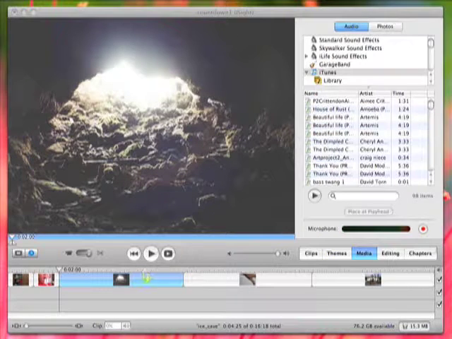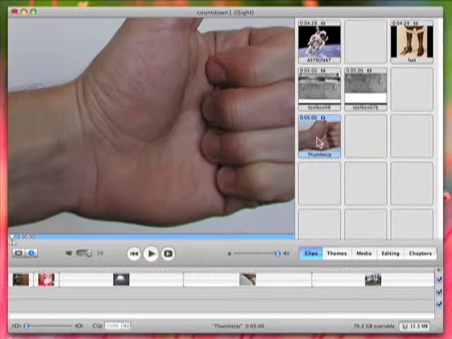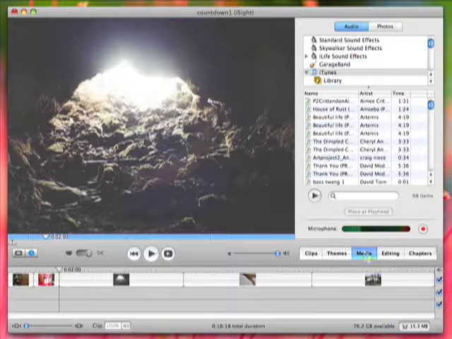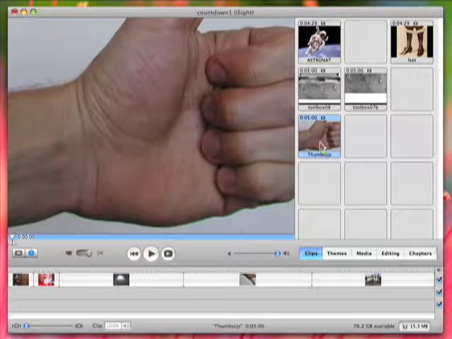So to make a countdown in iMovie, I'm going to use all stills. You don't have to use all still images, but you have to use some. I'd like you to use some and learn more proficiency in that. So I'm just going to go ahead and use all stills for mine. And if you watch the lesson about frame size, resolution, and cropping, you see when I brought in my images